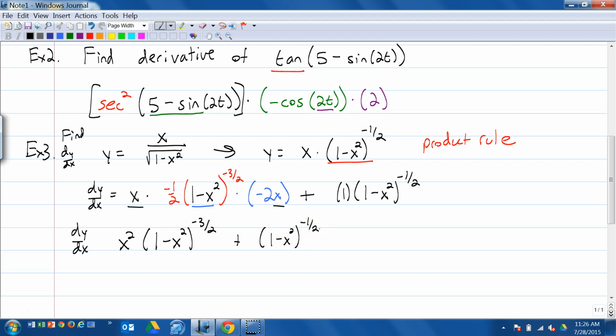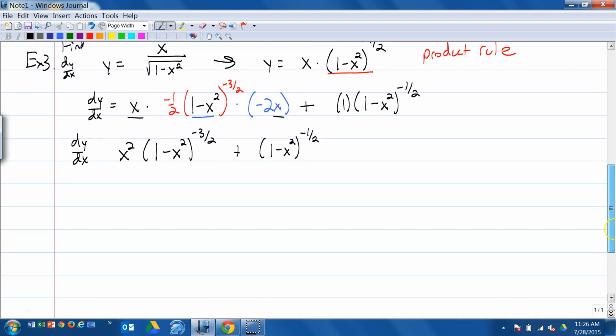Now technically that answer is fine, but just to show you what else you can do with this, because sometimes the book answers are a little different or they have factored it more, there is a piece you can take out of both of these terms. We have (1 minus x squared) to the negative 3/2 and to the negative 1/2. Okay, so if I take out (1 minus x squared) to the negative 3/2, I can say that the derivative, and all I'm doing is factoring this piece out of both terms, so the piece becomes (1 minus x squared) to the negative 3/2, and when I take it out of this piece,